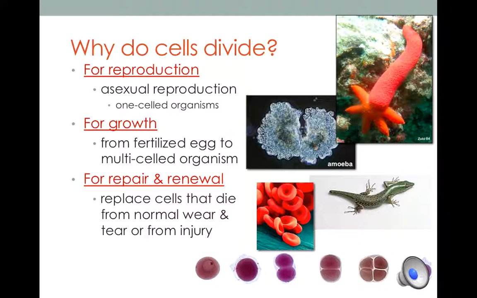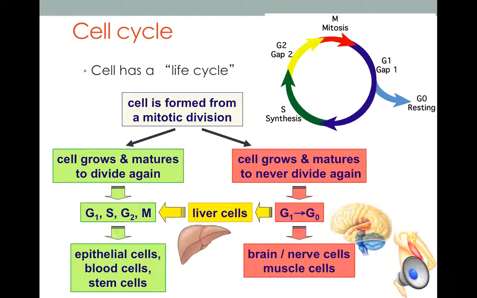Another reason is for regeneration. Some of your organs, the main organ that can regenerate is called the liver. The liver can actually grow back a large portion of itself using the process of mitosis. So the cell cycle is going to occur in three main stages. You can see two of the three main stages in the cell cycle diagram in the top right. Interphase includes G1, S, and G2, and then after interphase, it goes into the process of mitosis where the nucleus